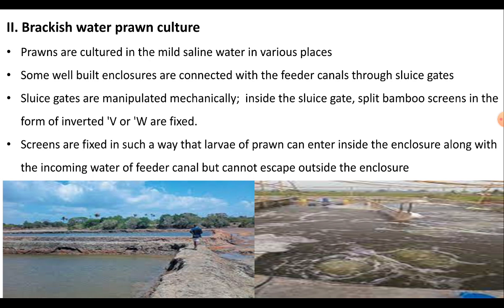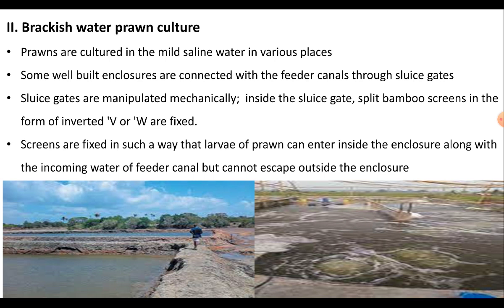Let us see the brackish water prawn culture. Prawns are cultured in mild saline water in various places. There are some well-built enclosures which are connected with the feeder canals through the channel gates, that is the sluice gates, where these channel gates are manipulated mechanically,